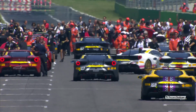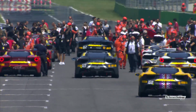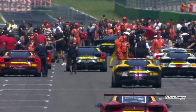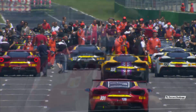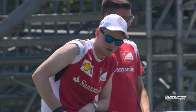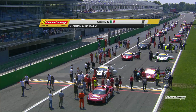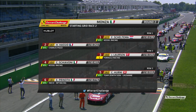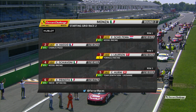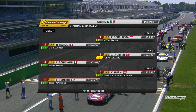All new for this year, of course, the 488 is the car for the Ferrari Challenge, and what a machine it is. The first turbocharged car ever in the Ferrari Challenge. And a fascinating insight in the paddock is that every single car that has been the competitor's car in the Ferrari Challenge is on display. There's the grid then, and across the front row, von Skeltermayer, Enric Hasid, then it's Johnny Lawson